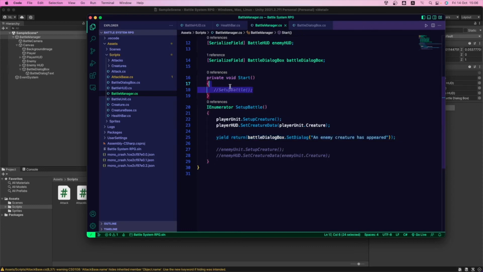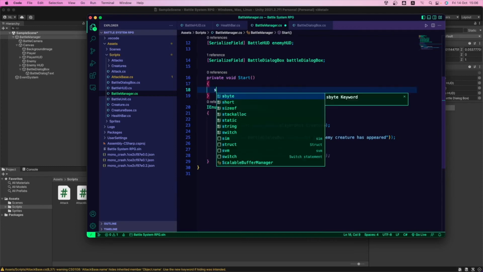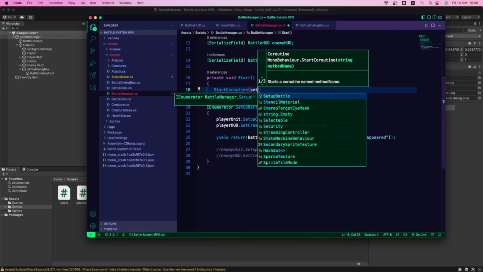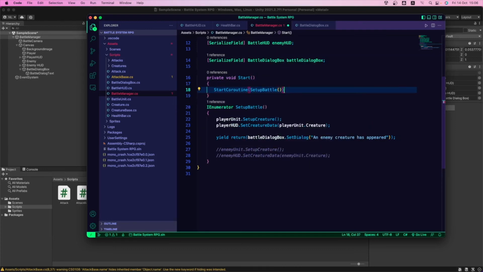So now we need to call the coroutine in the Start method. How do we call a coroutine? We start with StartCoroutine, open parentheses, and we call the name of the coroutine. This would be SetupBattle, and there it is. So we call it in this way.